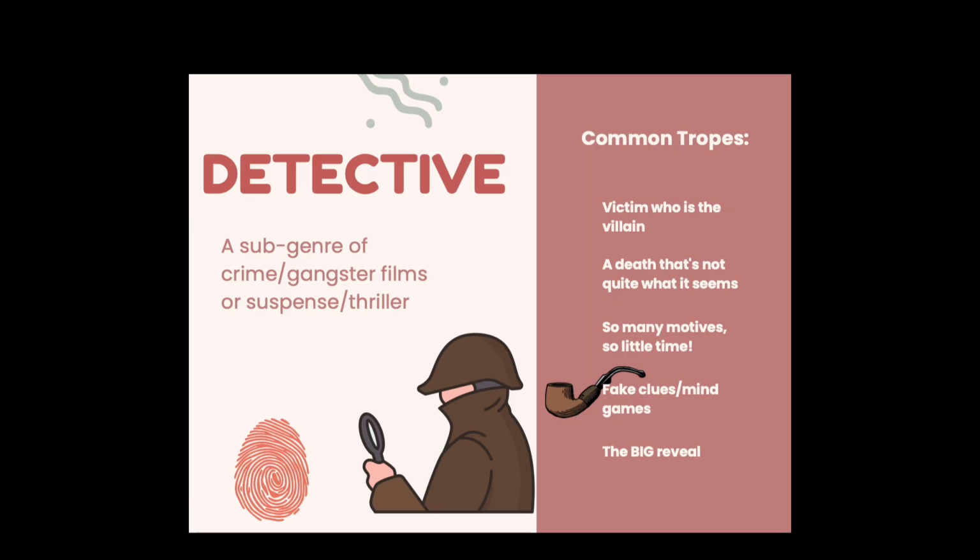The fake clues and mind games trope comes into play in a detective narrative whenever there is someone who is working in opposition to the detective. There can be many different reasons why this may be happening. One that is most popular to consider comes into play in the Sherlock story with his nemesis Moriarty, wherein the enemy, or the villain in that case, happens to be as intelligent as the detective and wants to test their skills.